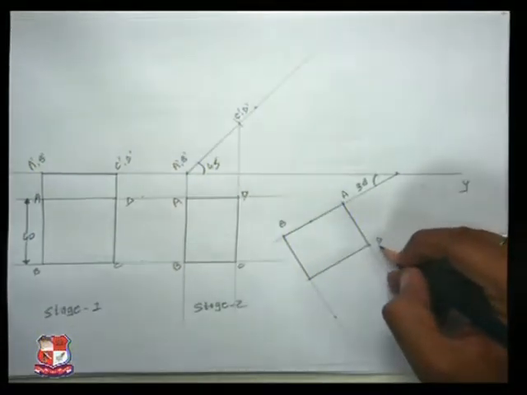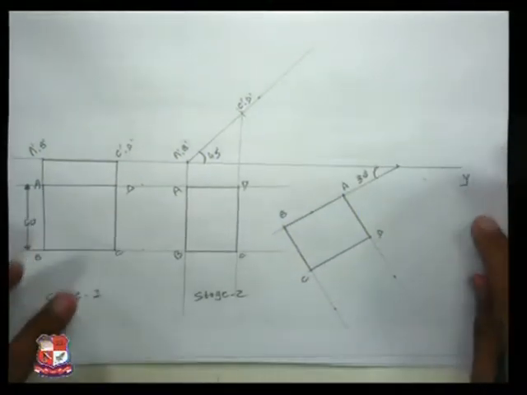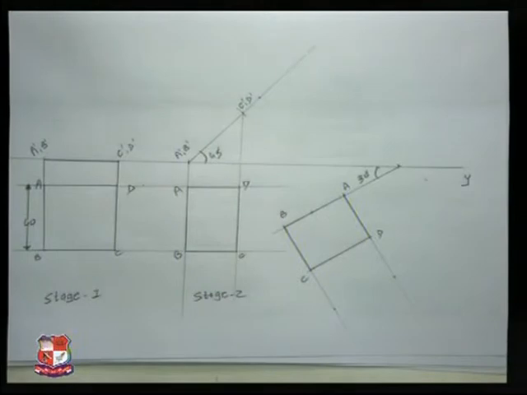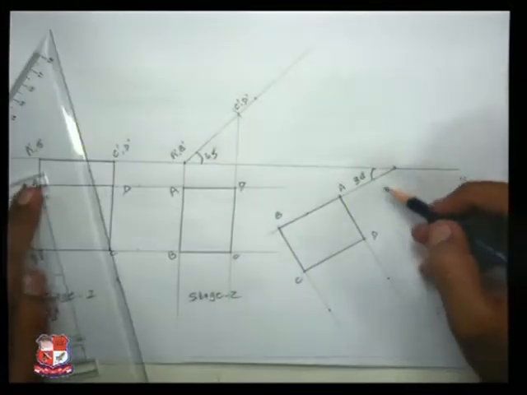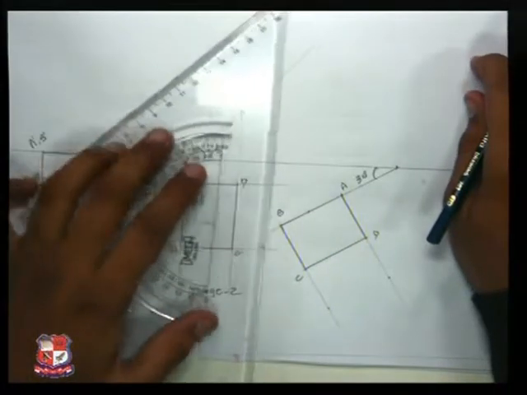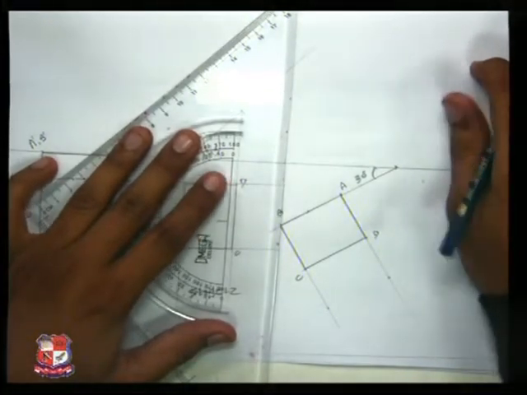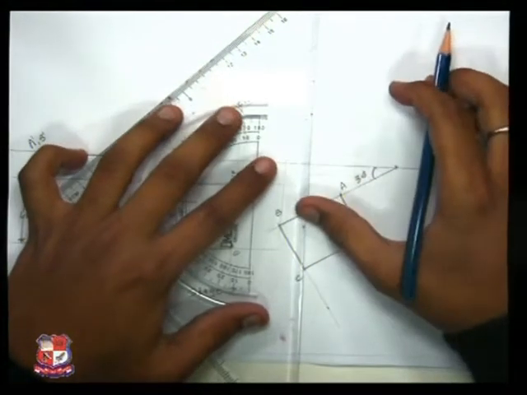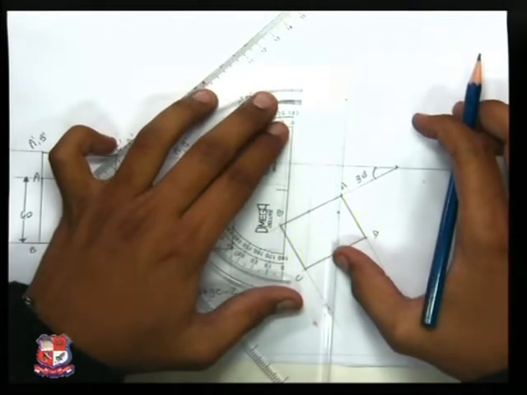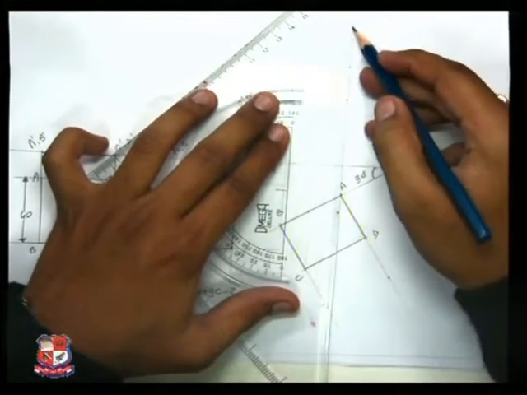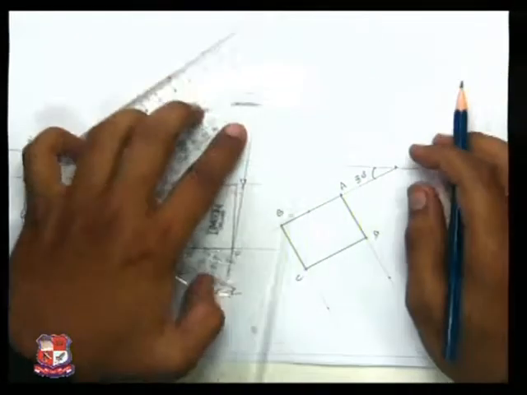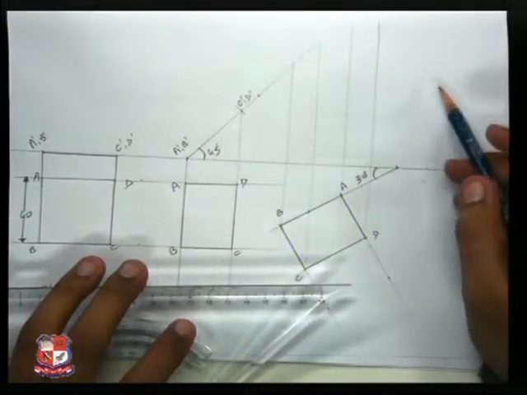We have got point D and point C. Now in the last stage we need to combine these vertical projections with the horizontal plane projections, for which we need to take vertical projections from the A, B and C, D. We have got vertical projections from this